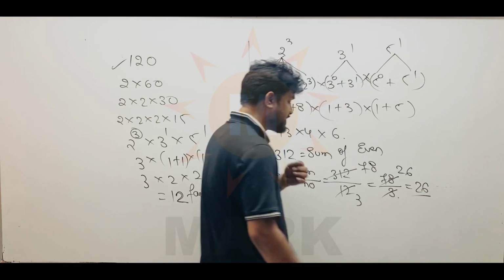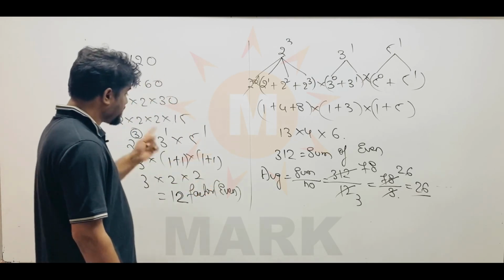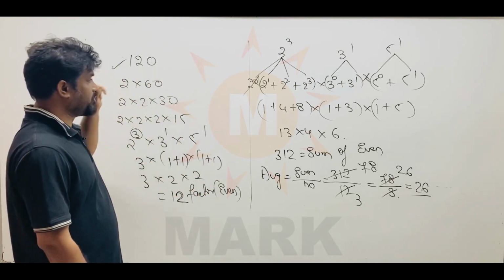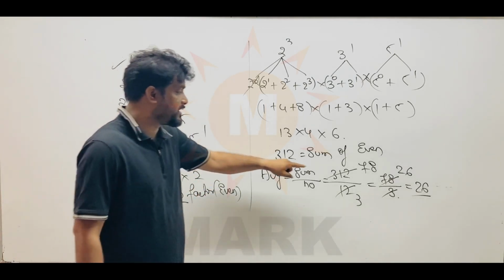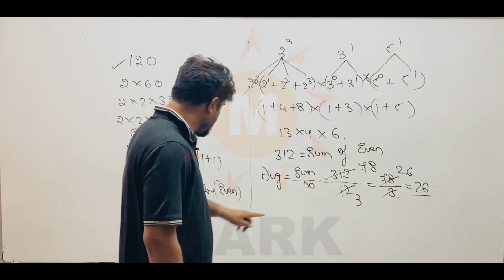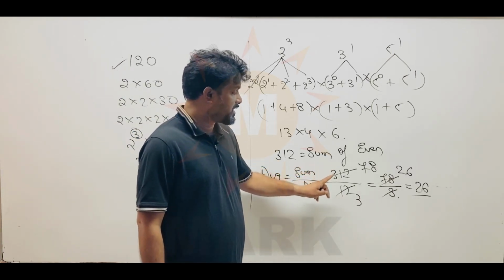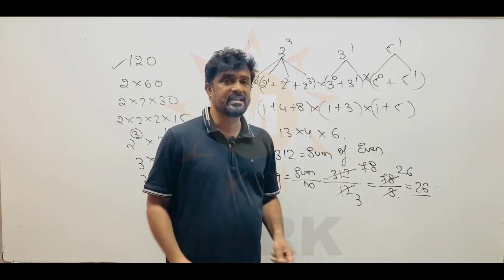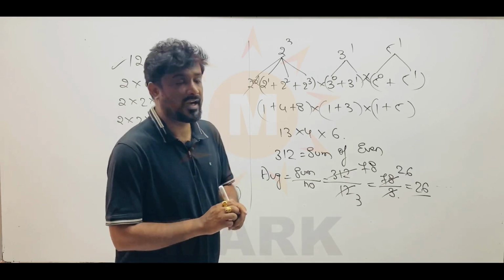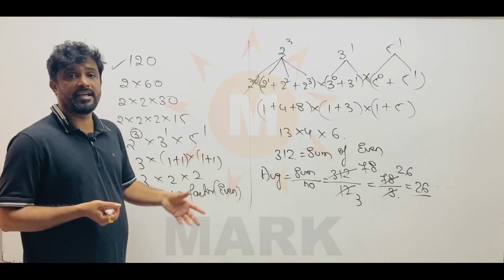So 26 is the average of the sum of the even factors of 120. So what is the sum? First of all, the sum is 312 and the number of factors is 12. So the average is equal to sum by number, 312 by 12, which gives us 26 as the average, right? So this is the method to find the sum and average of the even factors of